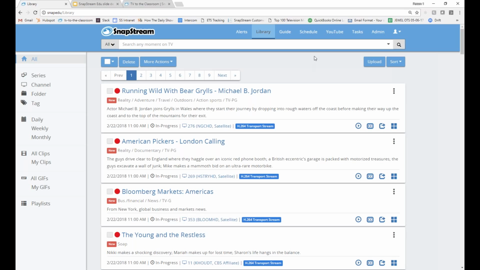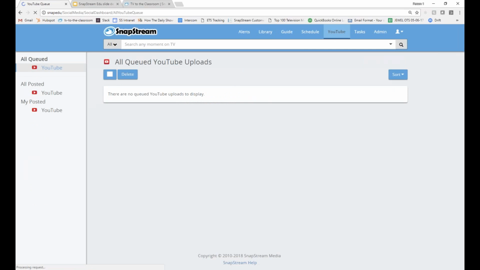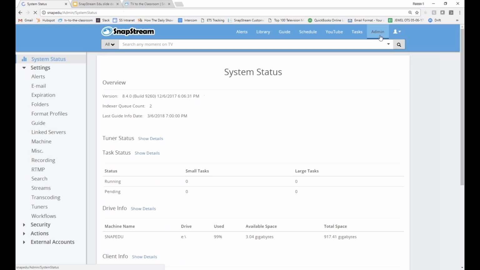But if you choose to make it available to the external world, you can take content that resides in SnapStream and you can actually post it to a YouTube channel. It does need to be recorded, and it is a one-way street. So that means that you can take content from SnapStream and post it out to a YouTube channel, which you authenticate over here under external channels.